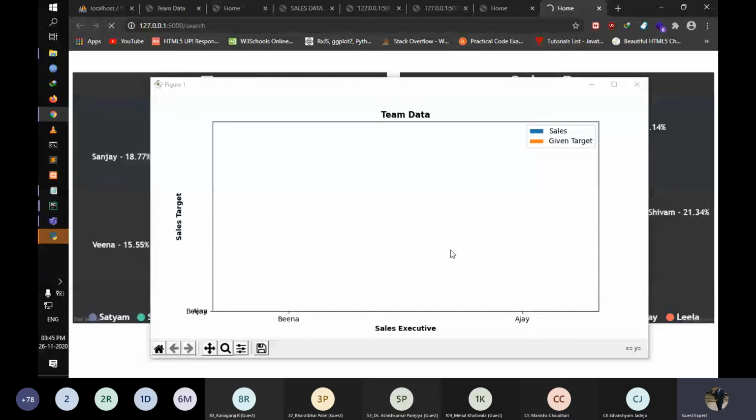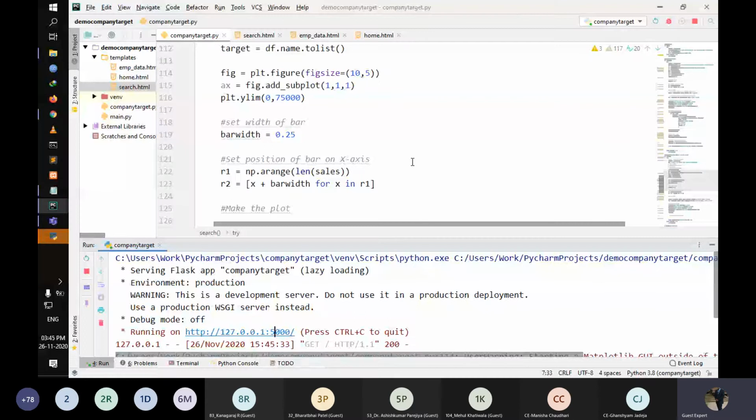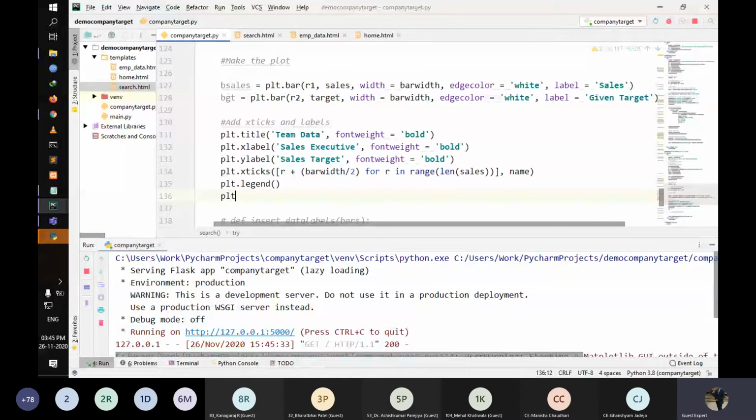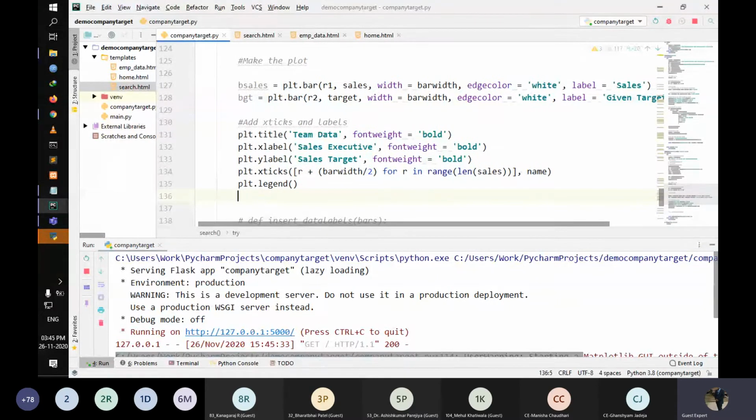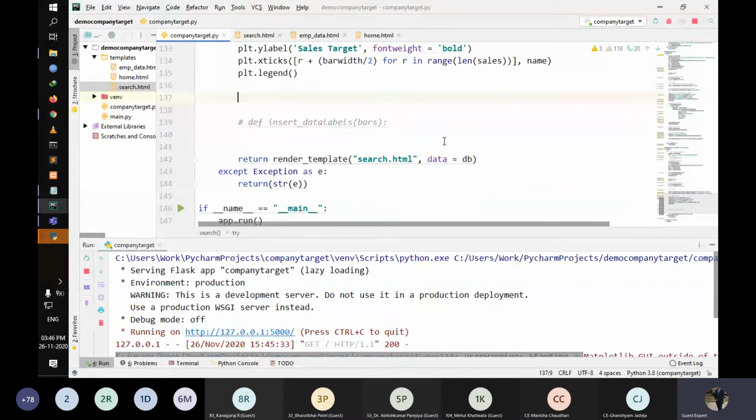I think we're facing some issue over here. Let's first finish the code, then we'll get back to it. I think it's because the code is incomplete. Just copy the code.